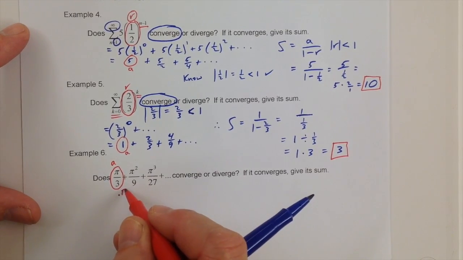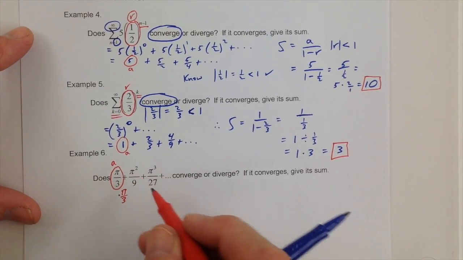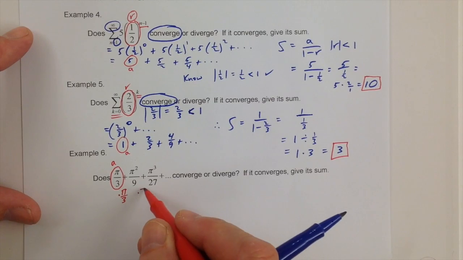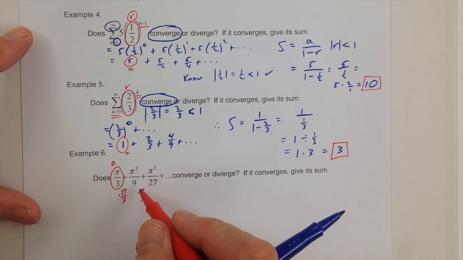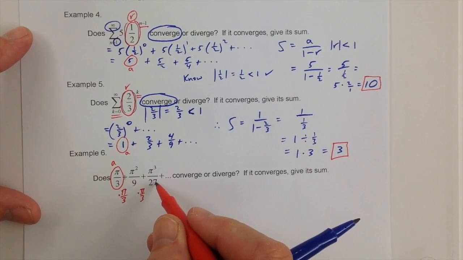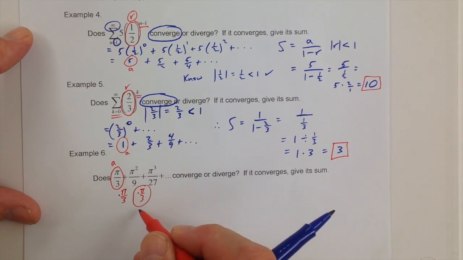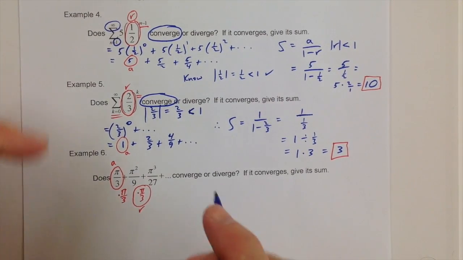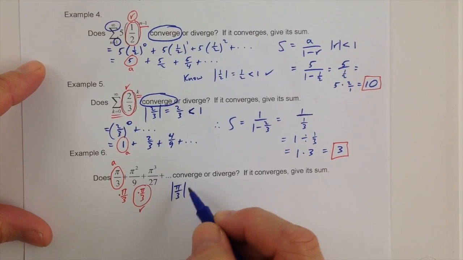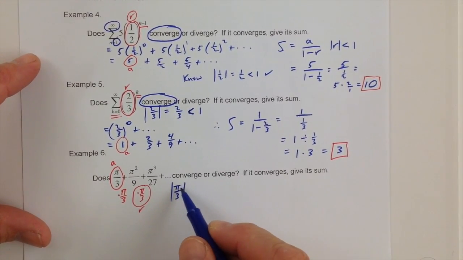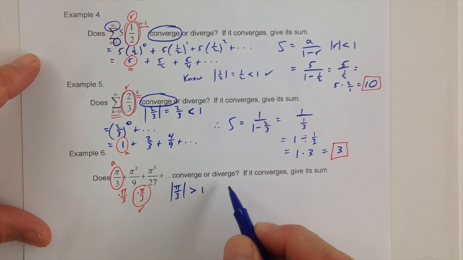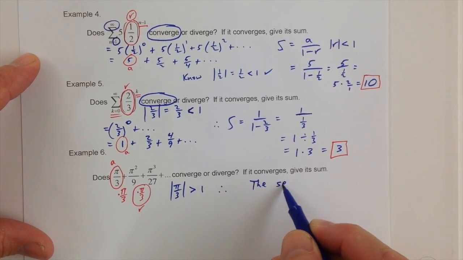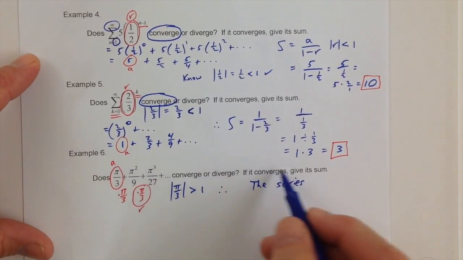So we're going to multiply the first term by pi over 3 to get the second term. Are we going to use the same numbers? Let's see. If we multiply pi squared over 9 times pi over 3, we get pi squared times pi, which is pi cubed, and 9 times 3 is 27. So in fact, our value for our common ratio is pi over 3, but we want to make sure pi over 3 is less than 1, in absolute value. Well, we know that pi is a little bit bigger than 3, so that's actually going to be bigger than 1. So we say, therefore, the series, the only series we're concerned about in this problem,